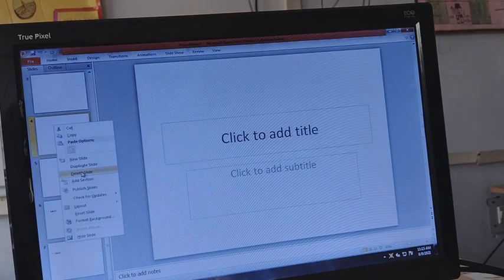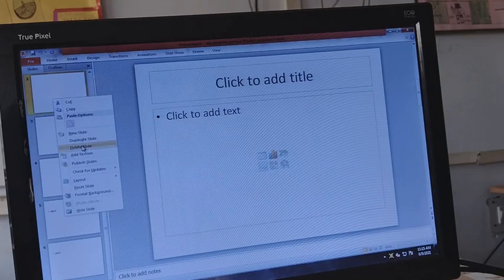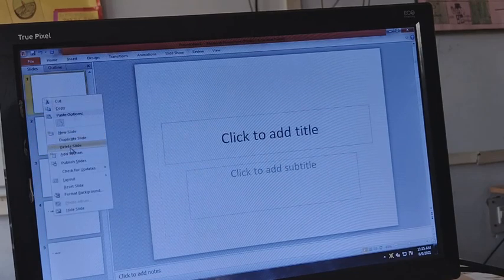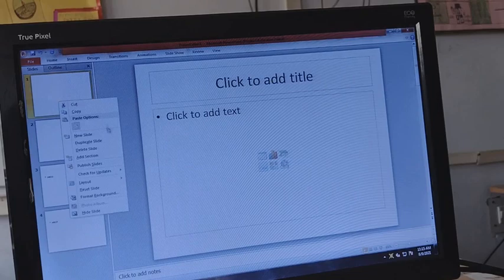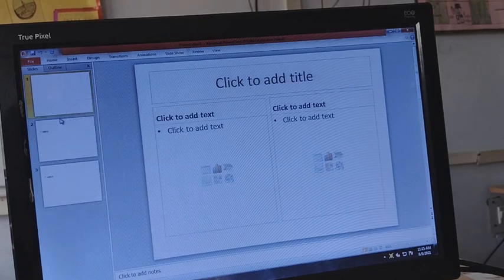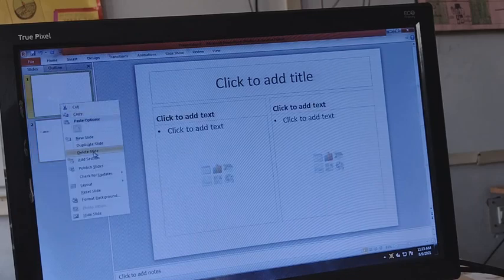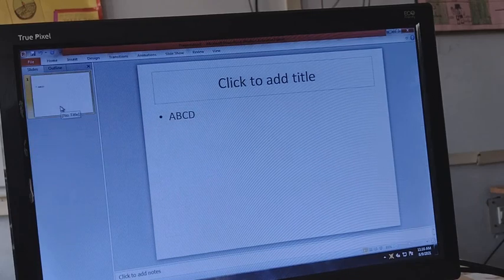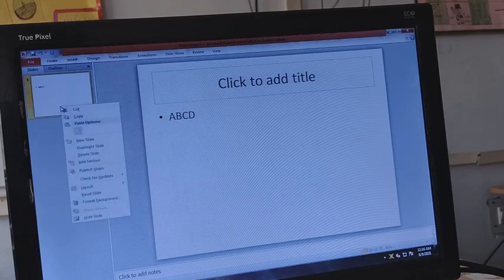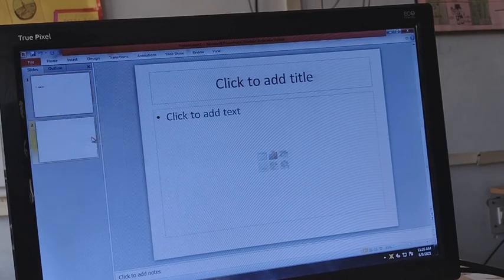The easiest way to delete a slide is to right click and click on delete slide, and it will delete the slide for you. This is the way to delete a slide. For a new slide also you can do it from here.